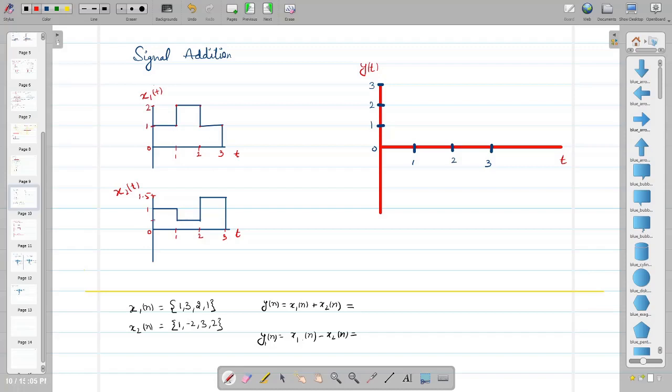Say it is 0.5 up to this point, and after that it has a constant term up to 2, and after that it increases up to 1.5,